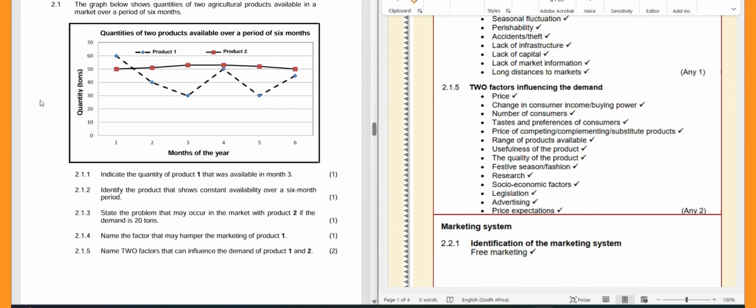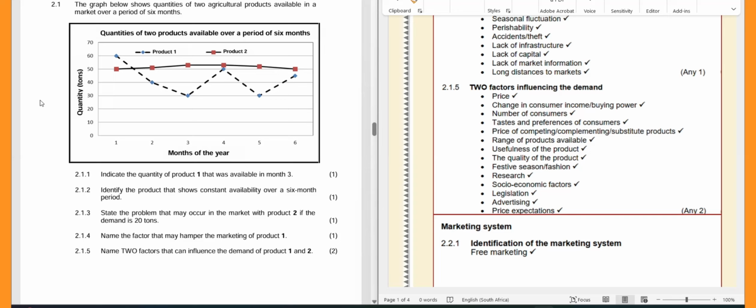2.1.5, name 2 factors that can influence the demand of product 1 and product 2. Two factors influencing the demand, because product 1 and product 2 deal with demand, right? So here we're looking at 2 factors influencing the demand, right? So what can influence the demand? Okay,